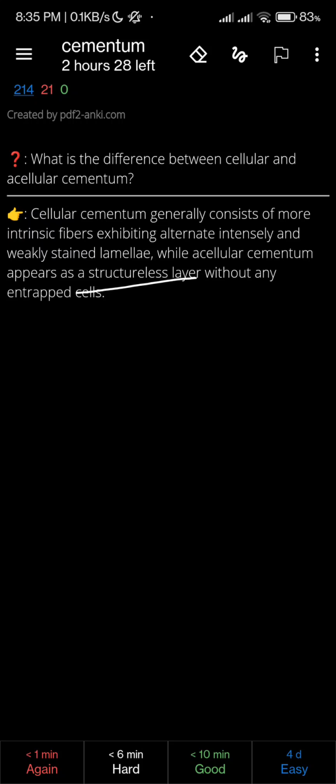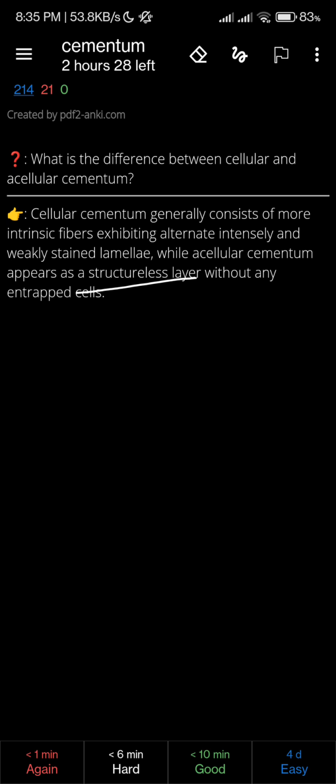Okay, so what is the difference between cellular and acellular cementum? Cellular cementum consists more of intrinsic fibers, whereas the acellular extrinsic does not have a structure and does not have any cells. Yeah, so cellular cementum consists mainly of intrinsic fibers,